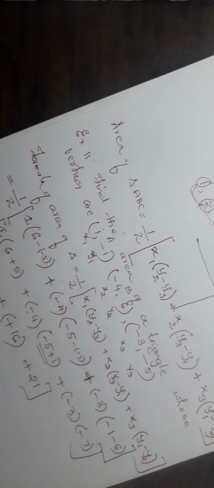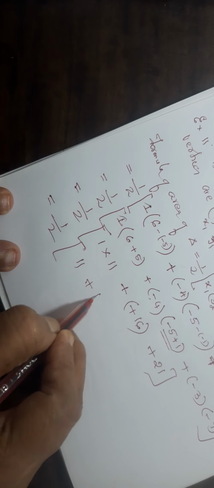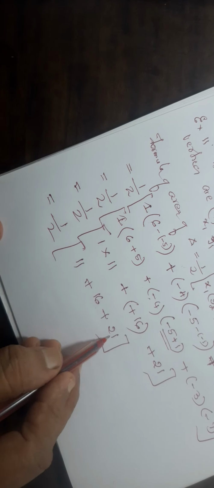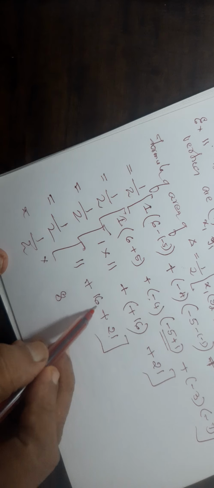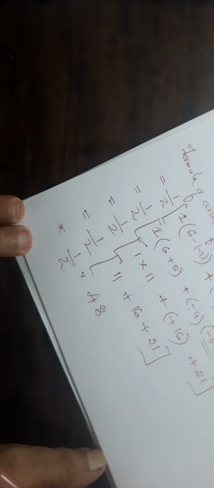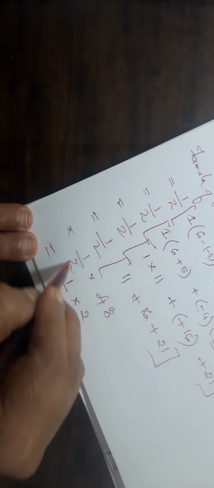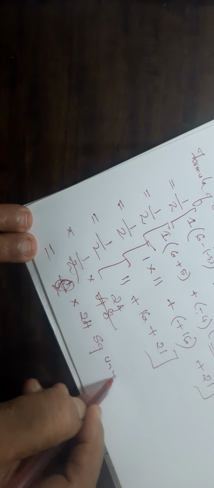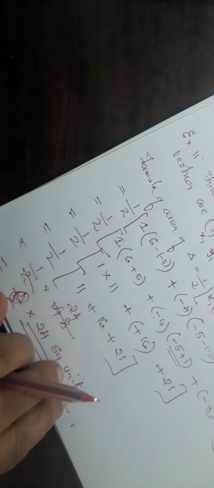This is equal to half into 11 plus 16 plus 21. So how much it is? 6 plus 1 is 7, 7 plus 1 is 8. So into 8. Okay, 6 1 7 1 8. And 2 plus 1 3, 3 plus 1 4. Okay. Now half into 48. This is equal to half into 24. Sorry, you just cancel this, you'll get 24 square units. So this is the answer, and how we use the formula, I hope you have understood.